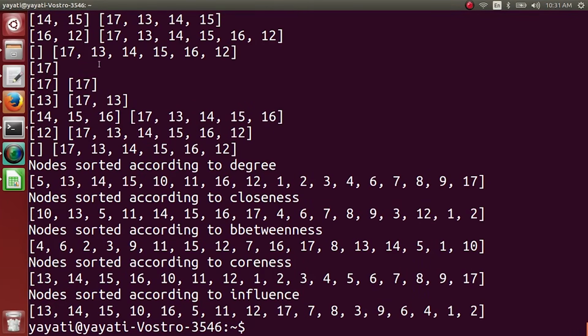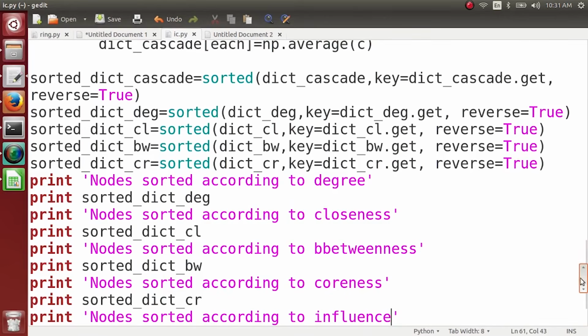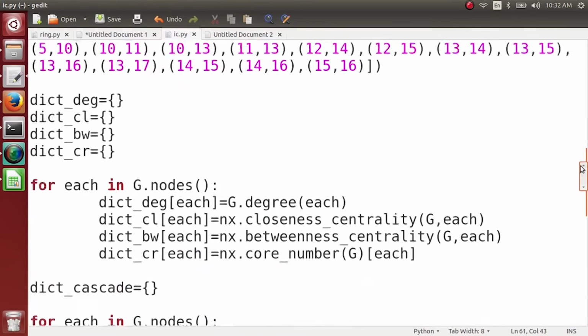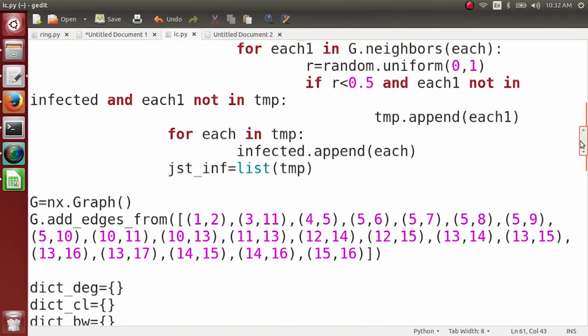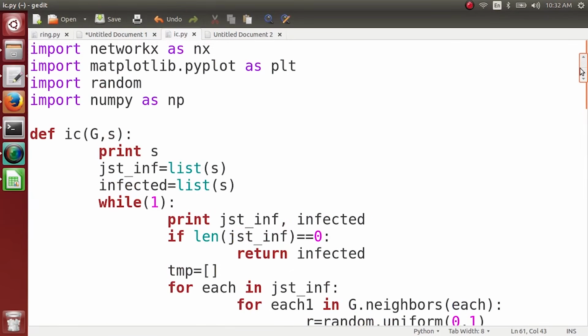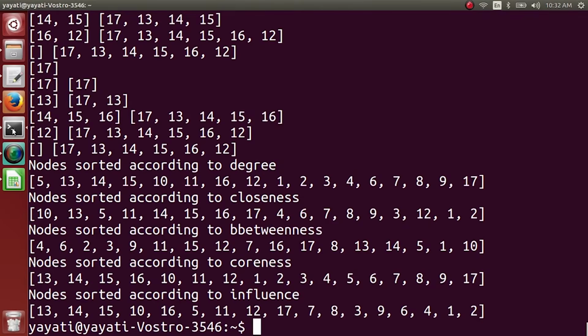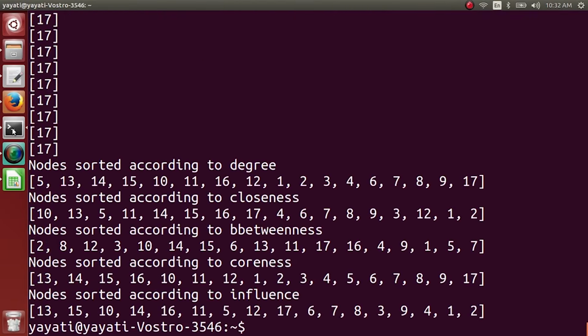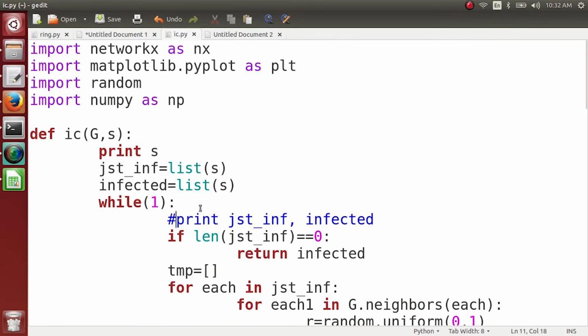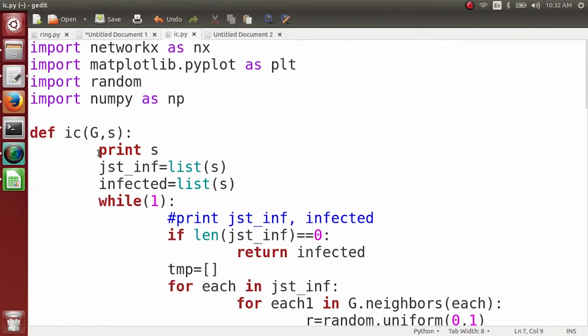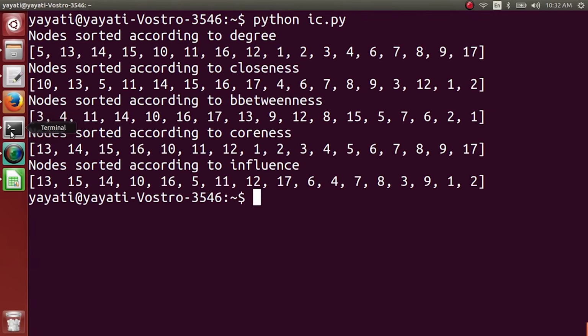Okay, fine. So we have many extra things printed here which we actually don't want. From where is this print statement coming? Okay, so it's coming from here. We can actually comment it and run it again. Still something is printing. S is printing here. We'll comment it also. Okay, see here. So these are your nodes sorted according to your degrees, nodes sorted according to closeness, betweenness, coreness,